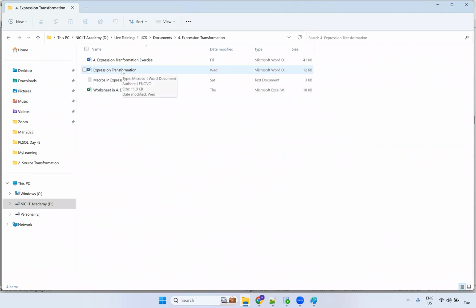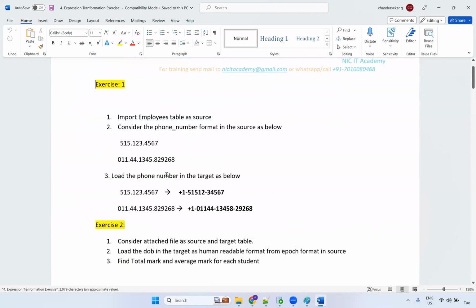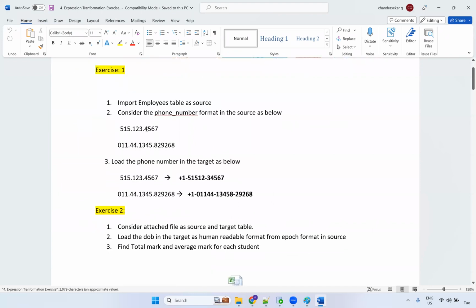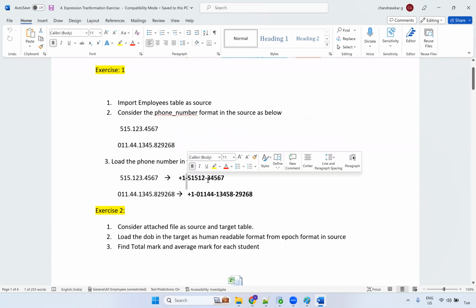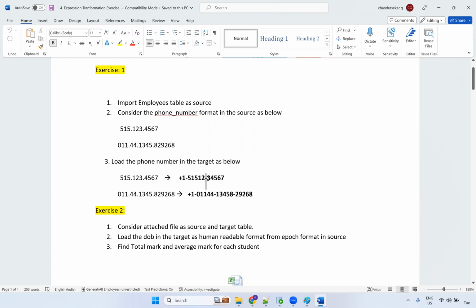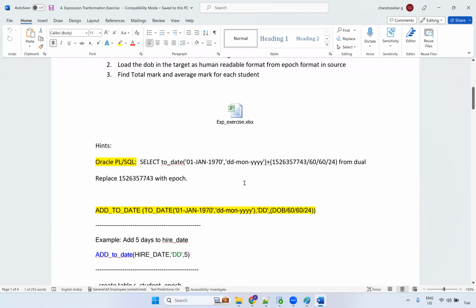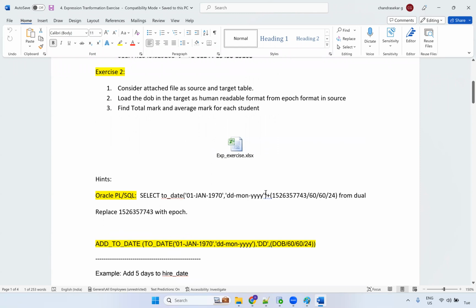Okay, expression transformation, I will give you some exercises. The phone number you might be having in your source in this format or this format. So I had added +1, but you have to add a hyphen after 5 characters. Then if you open this source file,